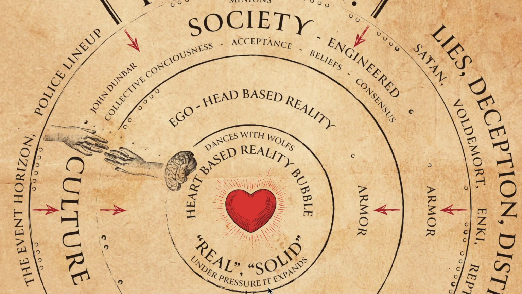I should have done this a long time ago, but I didn't even cover the middle or this level here. So the outer, what stands outside the periphery, the screen, the dark reality, then inside, of course, heart-based reality, which is the most real. Then the head-based reality is the second layer. But the third layer is society itself, an engineered and completely fake and corrupted society, where they've got everybody believing this is just the best a modern society can do, and all these problems we experience in our gigantic to-do lists and unnatural long list of things we have to do, it's just the best we can do.